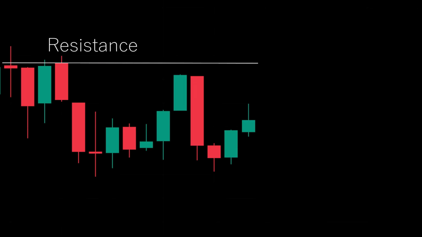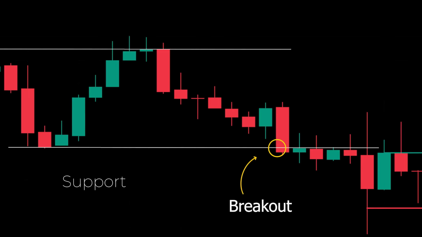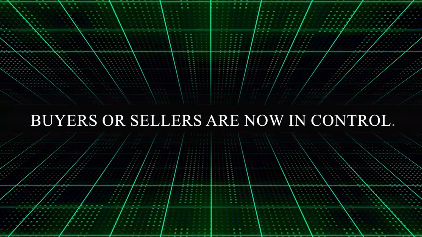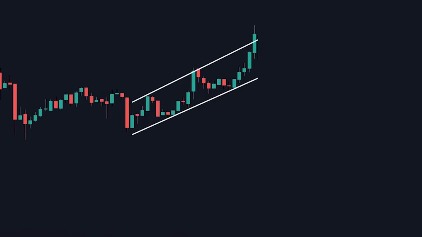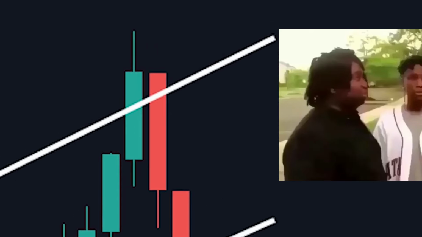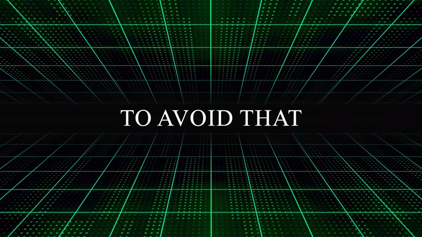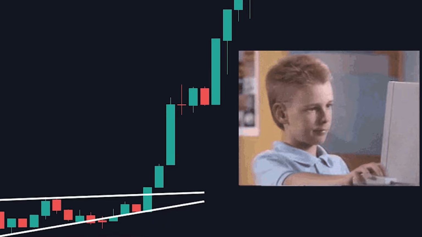A breakout happens when price moves strongly above resistance or below support, breaking out of a range it's been stuck in. This often signals that new momentum has entered the market. Buyers or sellers are now in control, but not every breakout is real. Sometimes price breaks a level, then reverses, known as a fakeout or the market's version of ghosting. To avoid that, we use the retest, a confirmation step that filters out false breakouts, because nobody likes a flaky